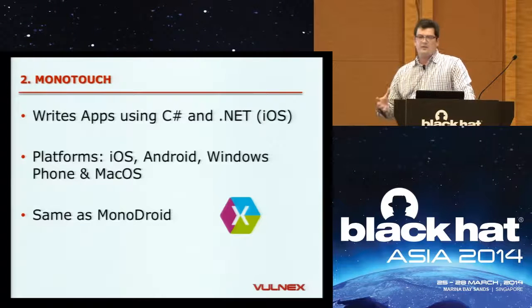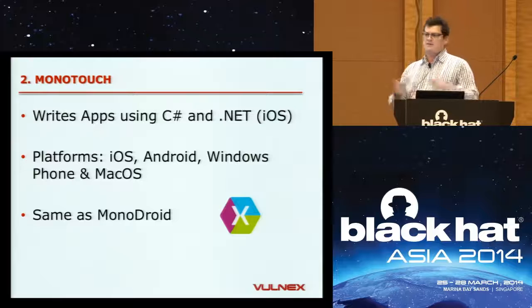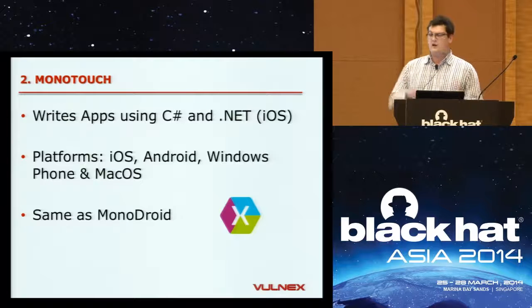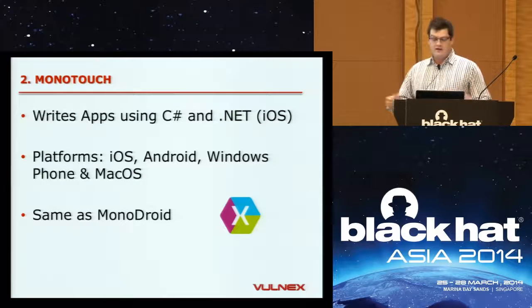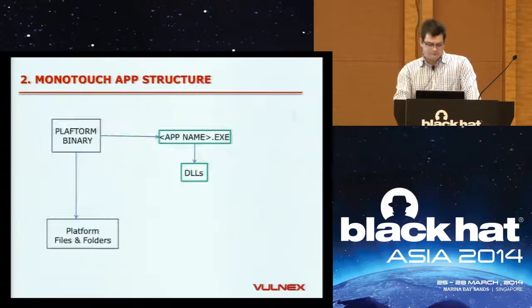Then Monotouch, the same thing. I just put it in two categories. Monotouch is the same as Monodroid. Monodroid is for Android, Monotouch is for the iPhone. It's quite simple, same thing. And here is the same: we use a .NET application to write apps that work on iPhone, on iOS. So it's the same as Monodroid. Okay, and